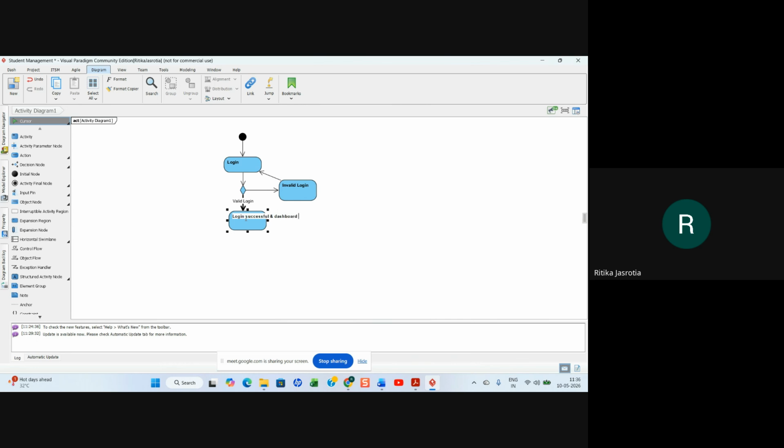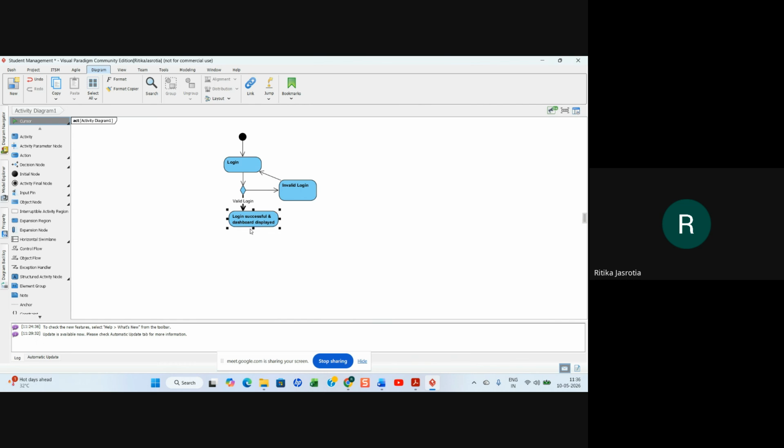Dashboard of the bank site is displayed, right? I'm just giving an example. You can change it according to your needs. So your dashboard is displayed here when you successfully log in.